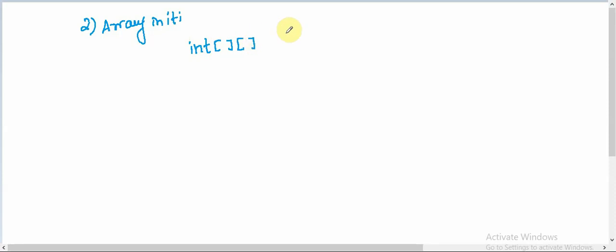So 2 square brackets, followed by the name of the array, equal to. For the array initialization method, we have to do the initialization in the same line where we declare an array. So this is the declaration part, right? Here in the same line itself we have to do the initialization as well.